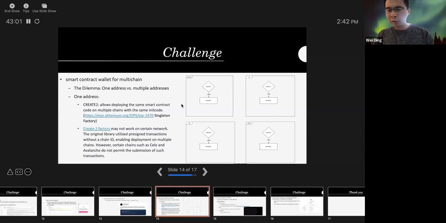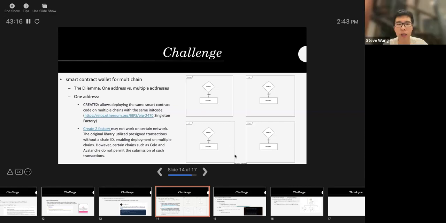So it's a huge UX challenge, and this could be a problem for smart contract wallets to have a better user experience. Yeah, that definitely makes sense.